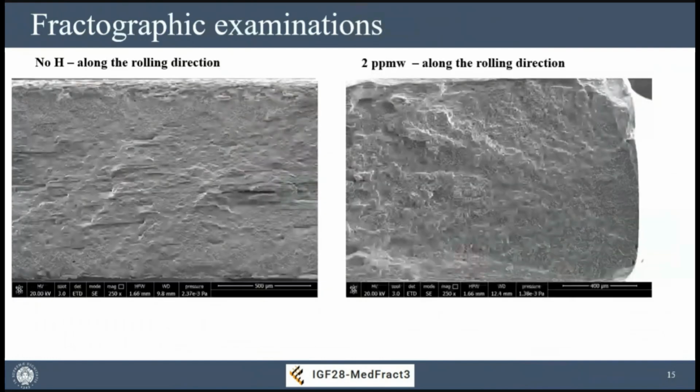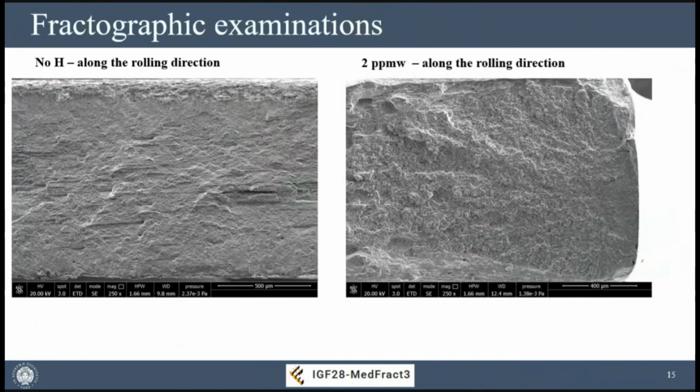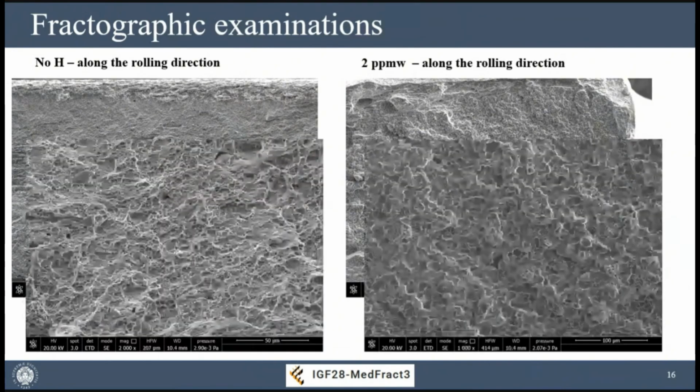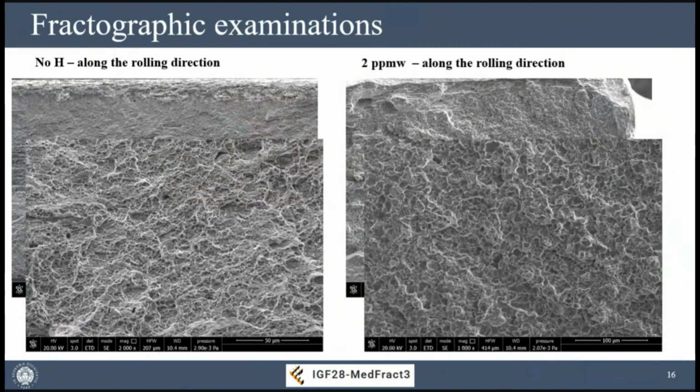If we look at what happened to the fracture surface of our sample, we can see that without hydrogen intake, we have a surface with significant ductility, as we can expect. When we have a significant hydrogen intake, we pass to an intergranular fracture surface, a very brittle fracture surface with a huge difference compared to the surface without hydrogen. So material sensitivity to hydrogen is significant, and it's worth investigating because this surface is representative of very brittle